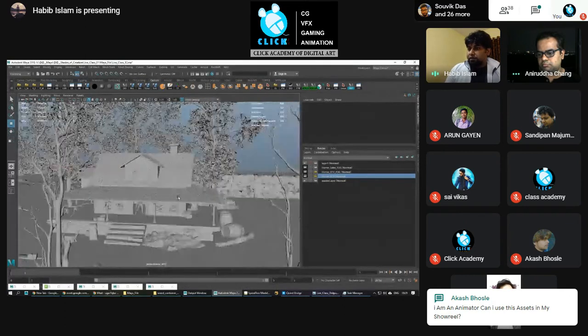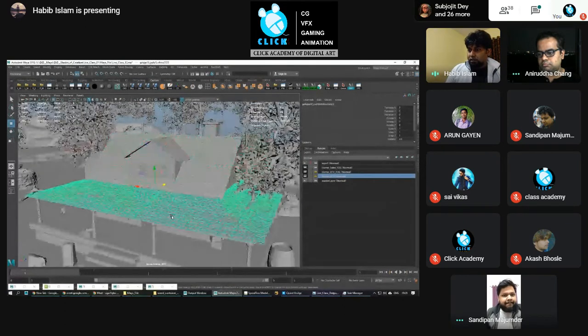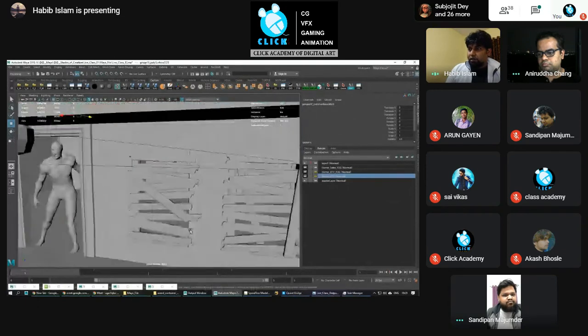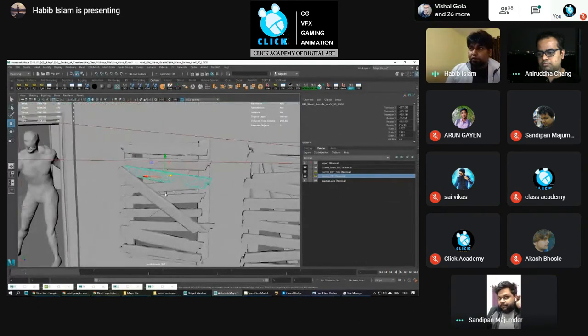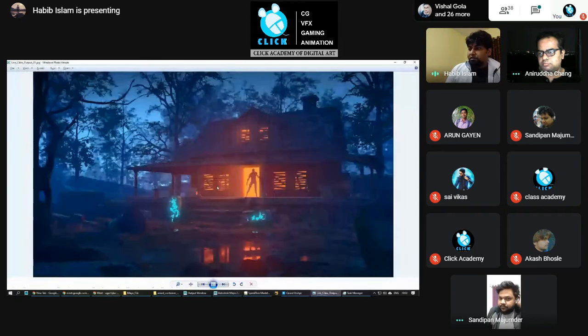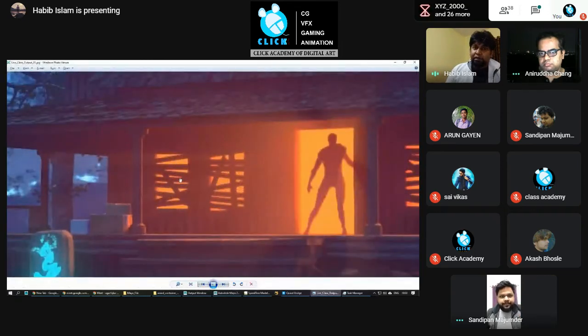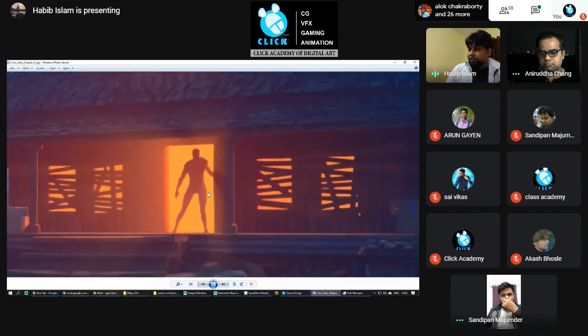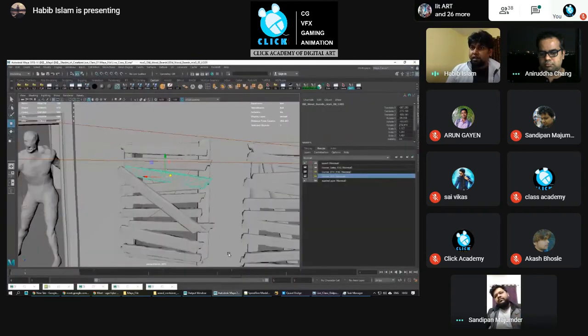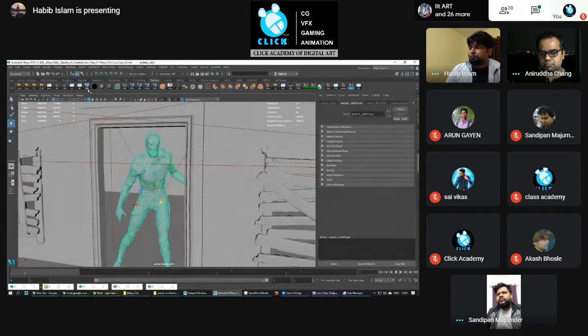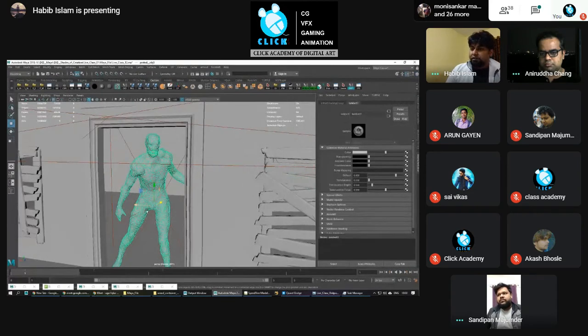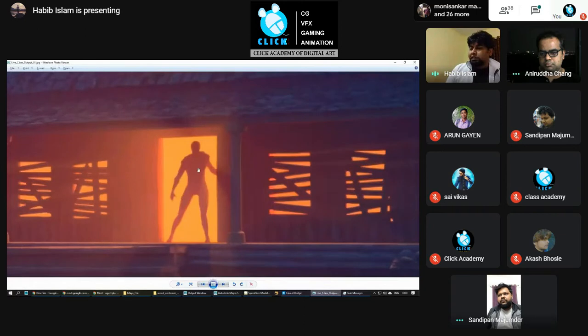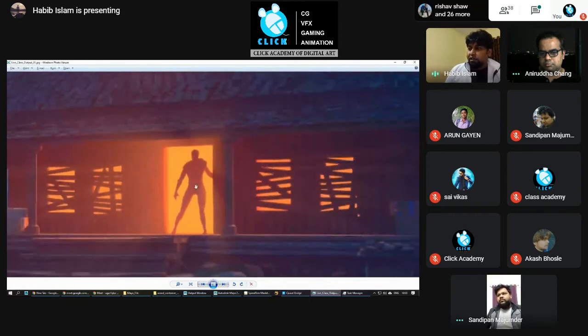So first, as I told you, these are the models created in Asset. I've created little gaps between the windows purposely, so that I can get a little bit of light outside on the ground. And there is no door on this edge, so that I can get a good fog outside. This character also doesn't have any textures. If you see, this is just a Lambert with basic color. I didn't do any texture because in the final output you cannot see any texture. It will be a proper silhouette.